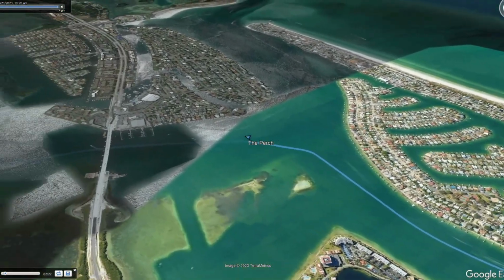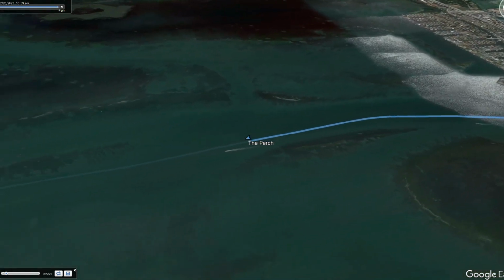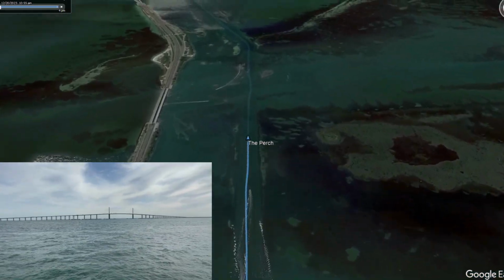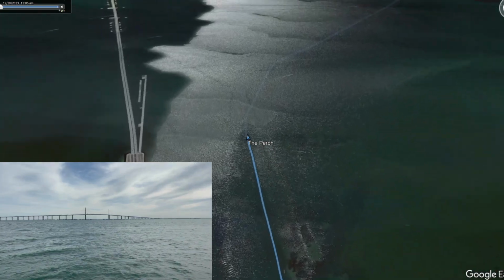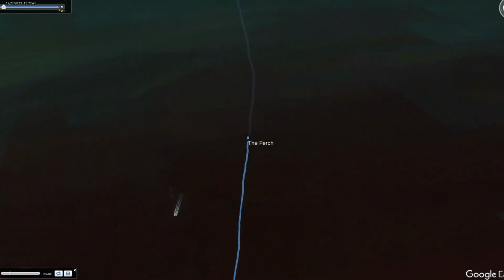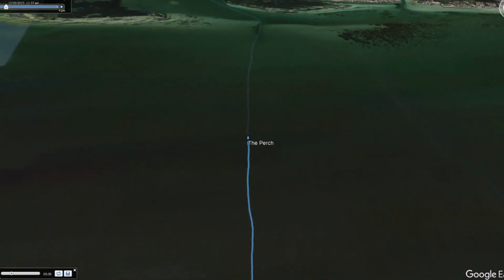So we headed south on the Gulf Intracoastal Waterway. The first thing you're going to do on this particular leg is cross Tampa Bay. So that is a big body of water. You're just kind of crossing over the opening of Tampa Bay where it meets the Gulf of Mexico, but you are going to want to look for a good weather window for that. It's a big body of water. The fetch can be very large coming across the Gulf of Mexico. So check your weather conditions, check the forecast for the sea state, and we did wait for a good weather